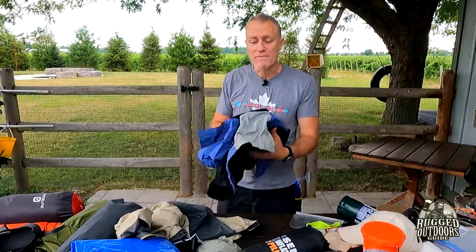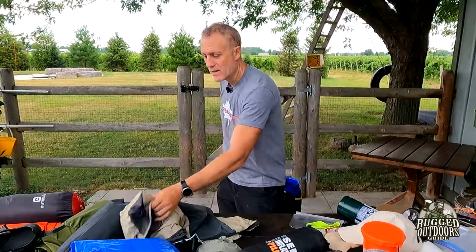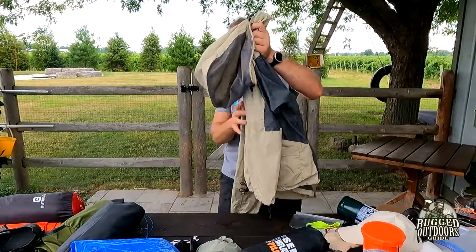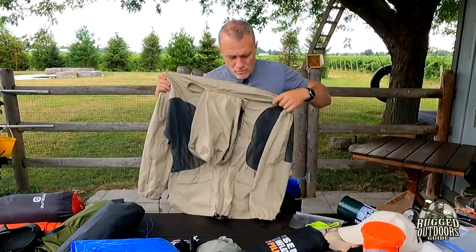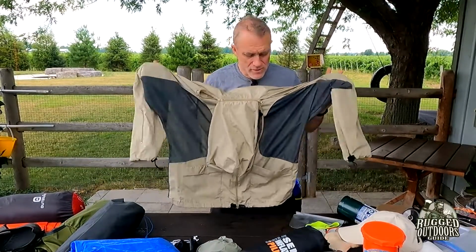It's warm. I often sleep with this. So got to have something like this. And the last item of clothing is this. I don't wear this very often. Sometimes in an emergency, when the weather goes, not the weather, but the bug environment goes crazy, I will use